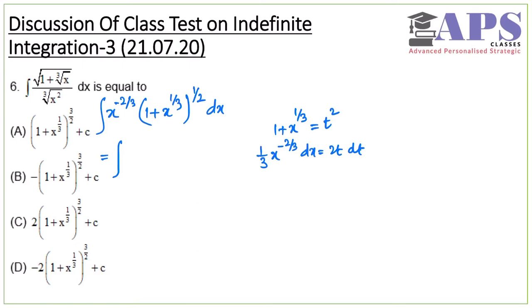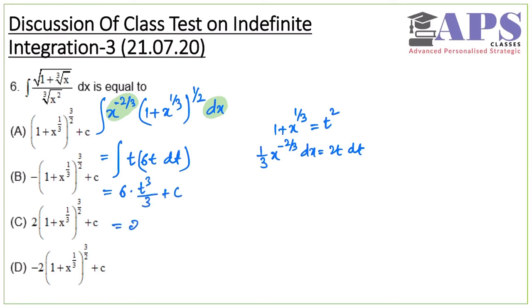So I am getting here t into 6t dt. This 6t dt is coming from dx and this. So these two together, let me put it in this way, dx as well as this, they are giving us this 6t dt. Okay, now this is basically 6t square. So 6 into t cube by 3 plus c, that should be our answer.